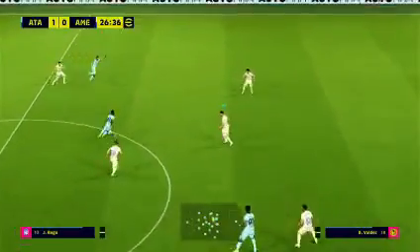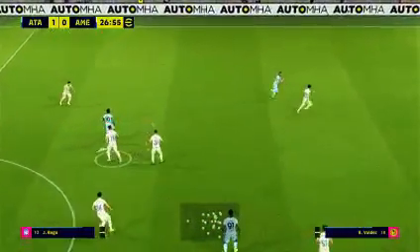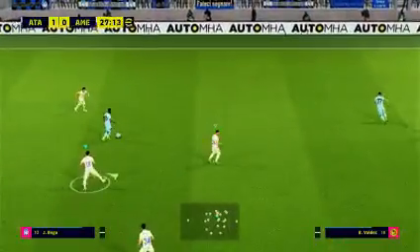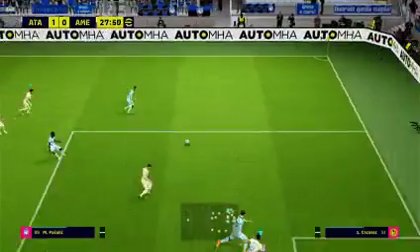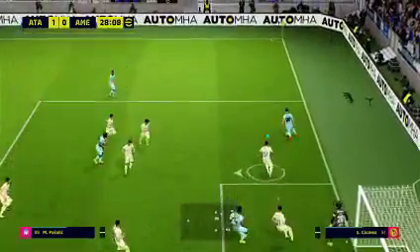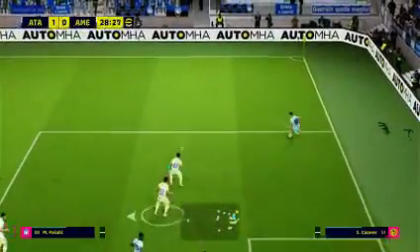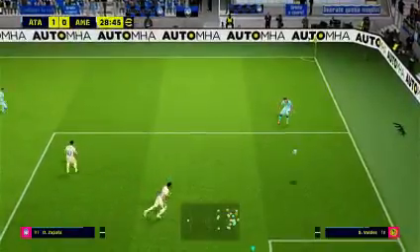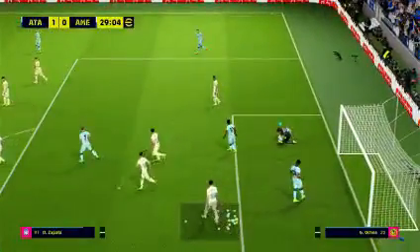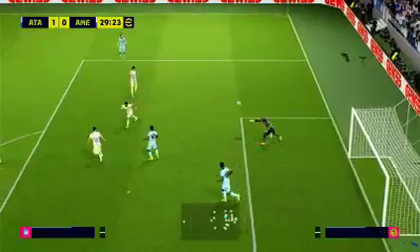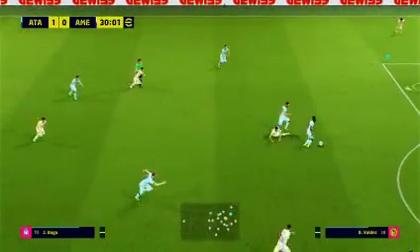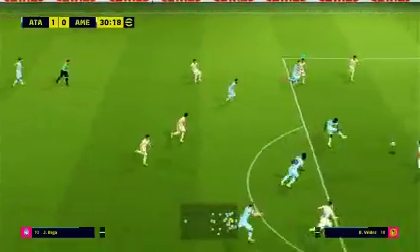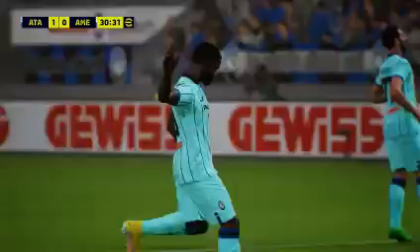Club America really can't go chasing this game too soon. Any rash decisions now could see them lose it. He's got away. And it's Pasalic. And that's aimed into the middle. Good stop.